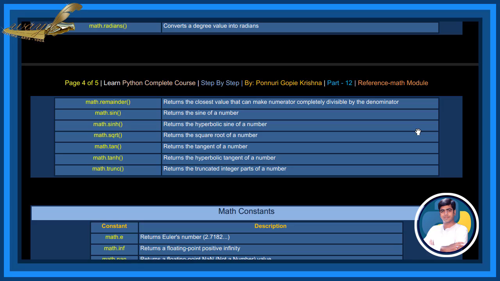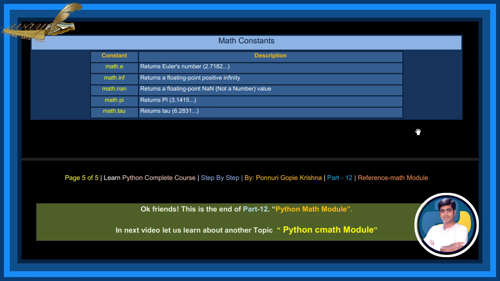The math.tan method returns the tangent of a number. The math.tanh method returns the hyperbolic tangent of a number. The math.trunc method returns the truncated integer part of a number. Math constants. The math.e constant returns Euler's number,